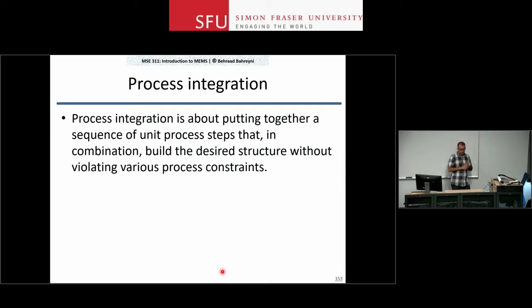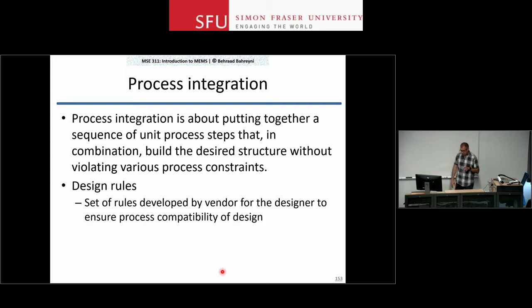If I have a layer of aluminum on my wafer, I cannot have any processing steps that require temperatures above, let's say, 500 degrees Celsius because it's going to affect the aluminum that I already have on the wafer. So, how do we do this? How do we come up with a new process flow is the subject of process integration. While we go through these, the process engineer, the vendor that provides the service to you,